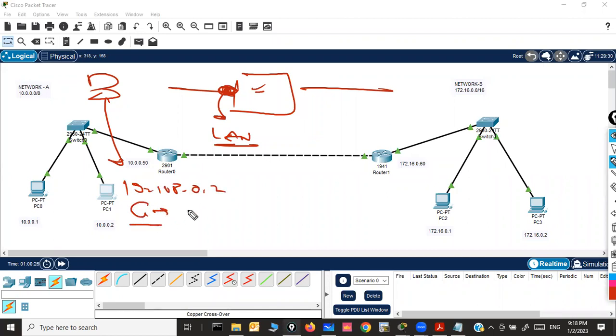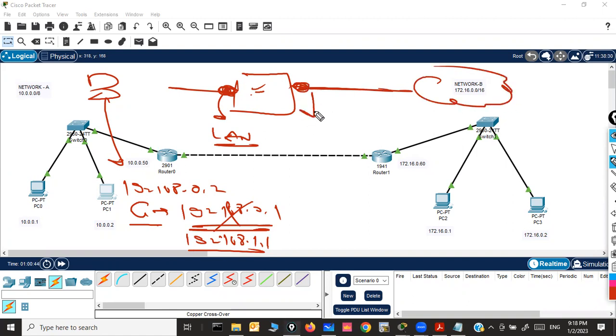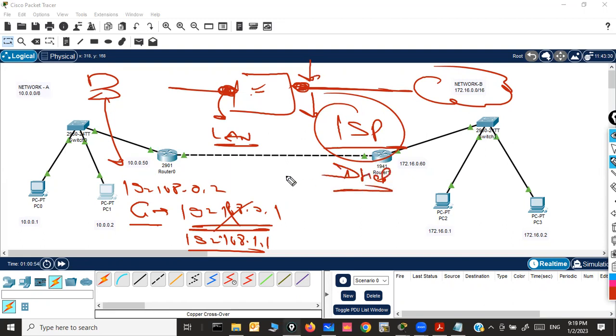You can check your internet connection and you will find the gateway address configured there automatically. If your router address is 0.1, then you will find 0.1 as the gateway. If your router address is 1.1, then you will find 1.1 as the gateway. And the other interface is the external interface that goes to the internet, and this interface's IP address is generally provided automatically by your local internet service provider. We don't care what IP address has been provided.